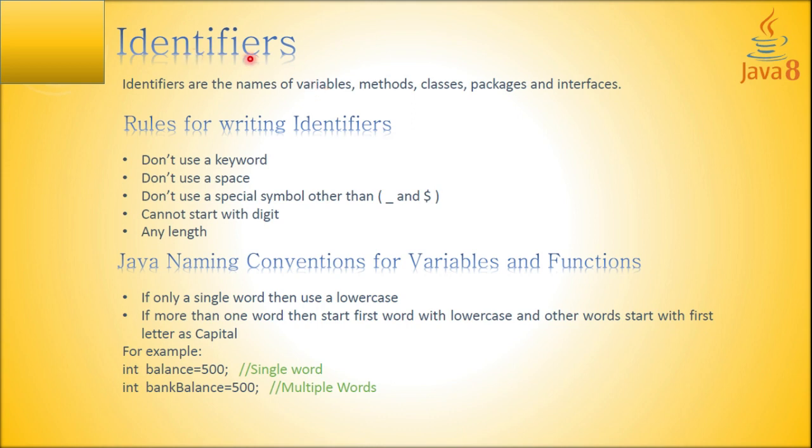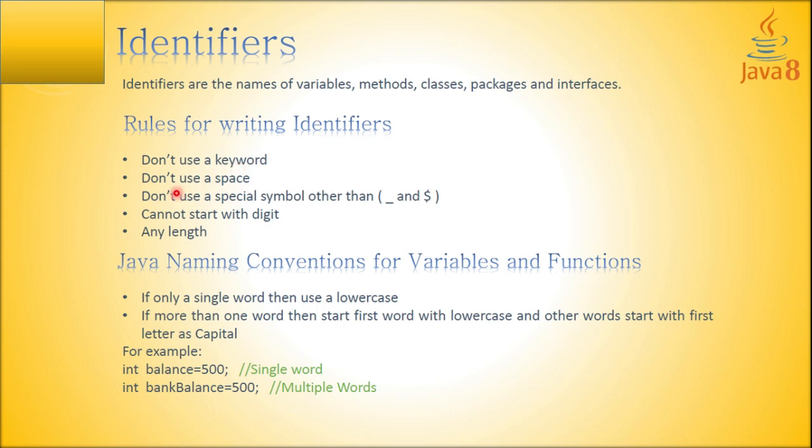We need to name it. We have to name a class. We need to name our variables, then methods, classes, etc. So all those names we are mentioning are called identifiers. There are certain rules for identifiers. First rule: a keyword cannot be an identifier. Can you write a keyword as an identifier? Never possible. You cannot write int if is equal to 10, because if is a keyword.